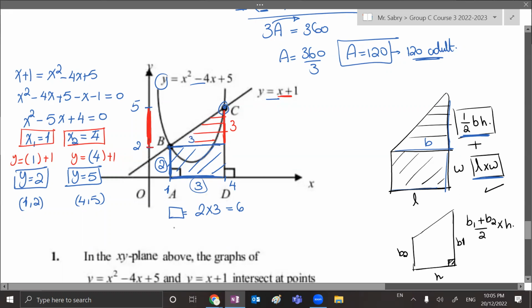So then أنا ينفع أجيب الأريا بتاعت التراينجل اللي فوق بإن أنا أعمل half times base times height. ده اداني الأريا بتاعت التراينجل. دلوقتي عشان أجيب التوتال أريا بتاعت الشيب كله على بعضه هعمل لهم الاتنين بلس بعض. So 6 plus 4.5 وده اداني التوتال اريا is 10.5. Make sense؟